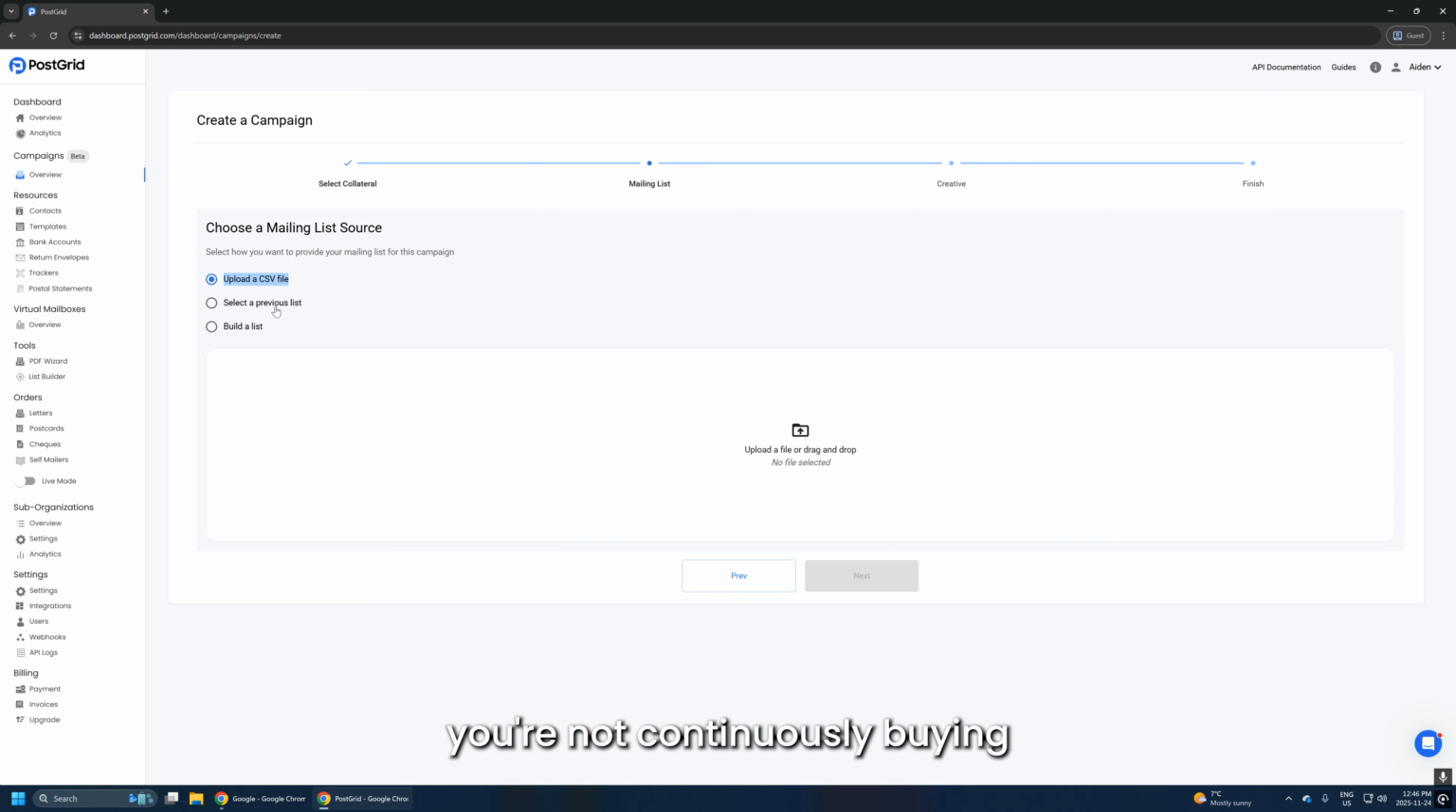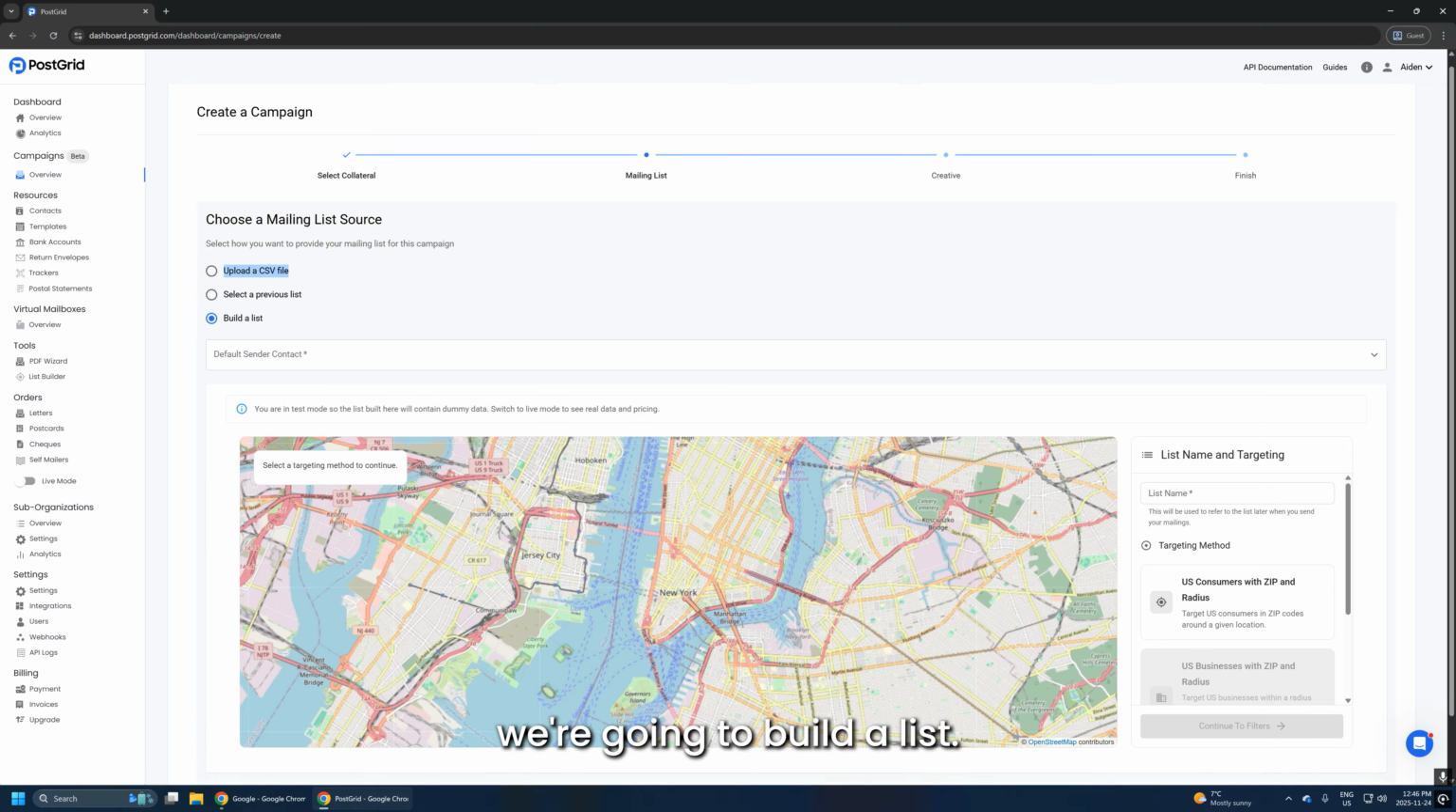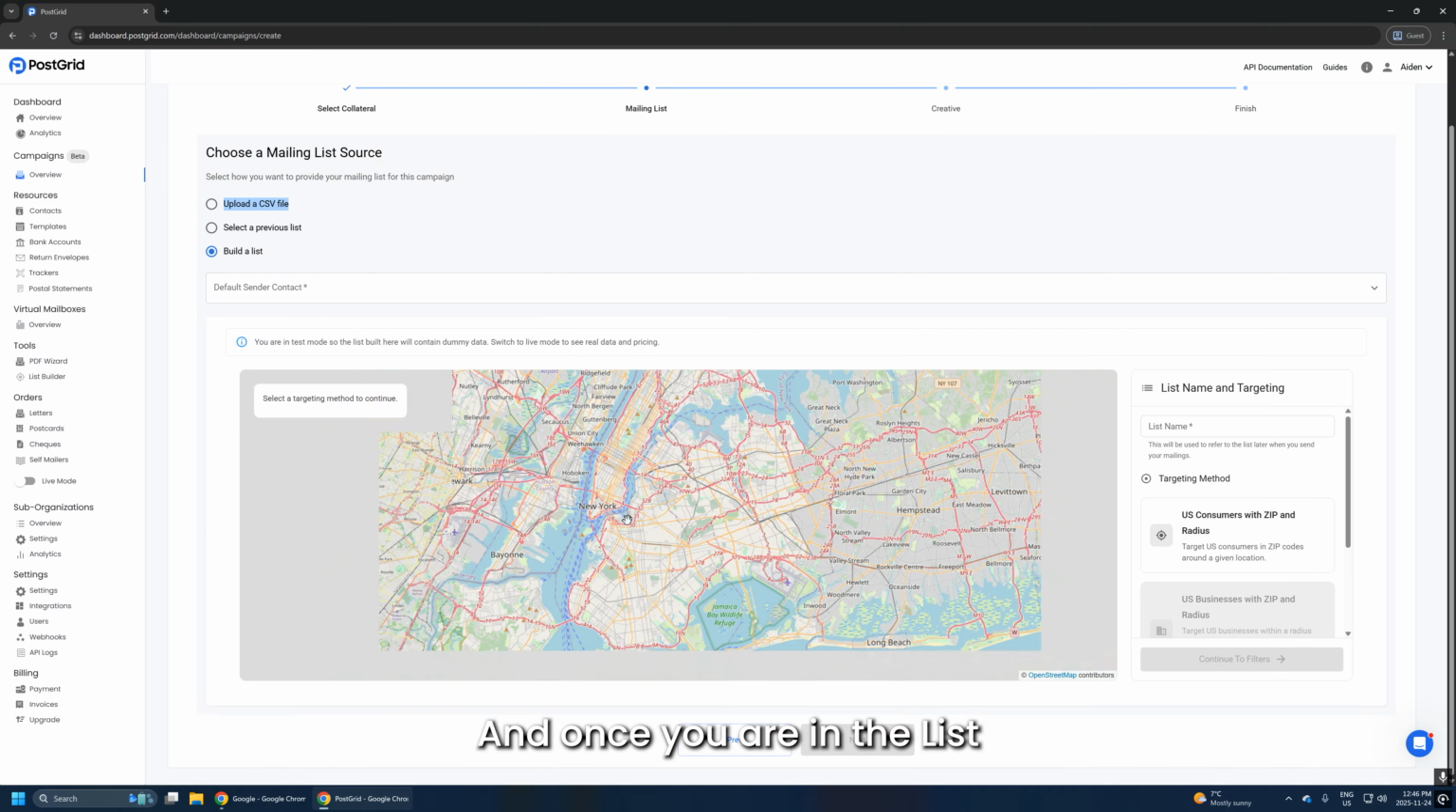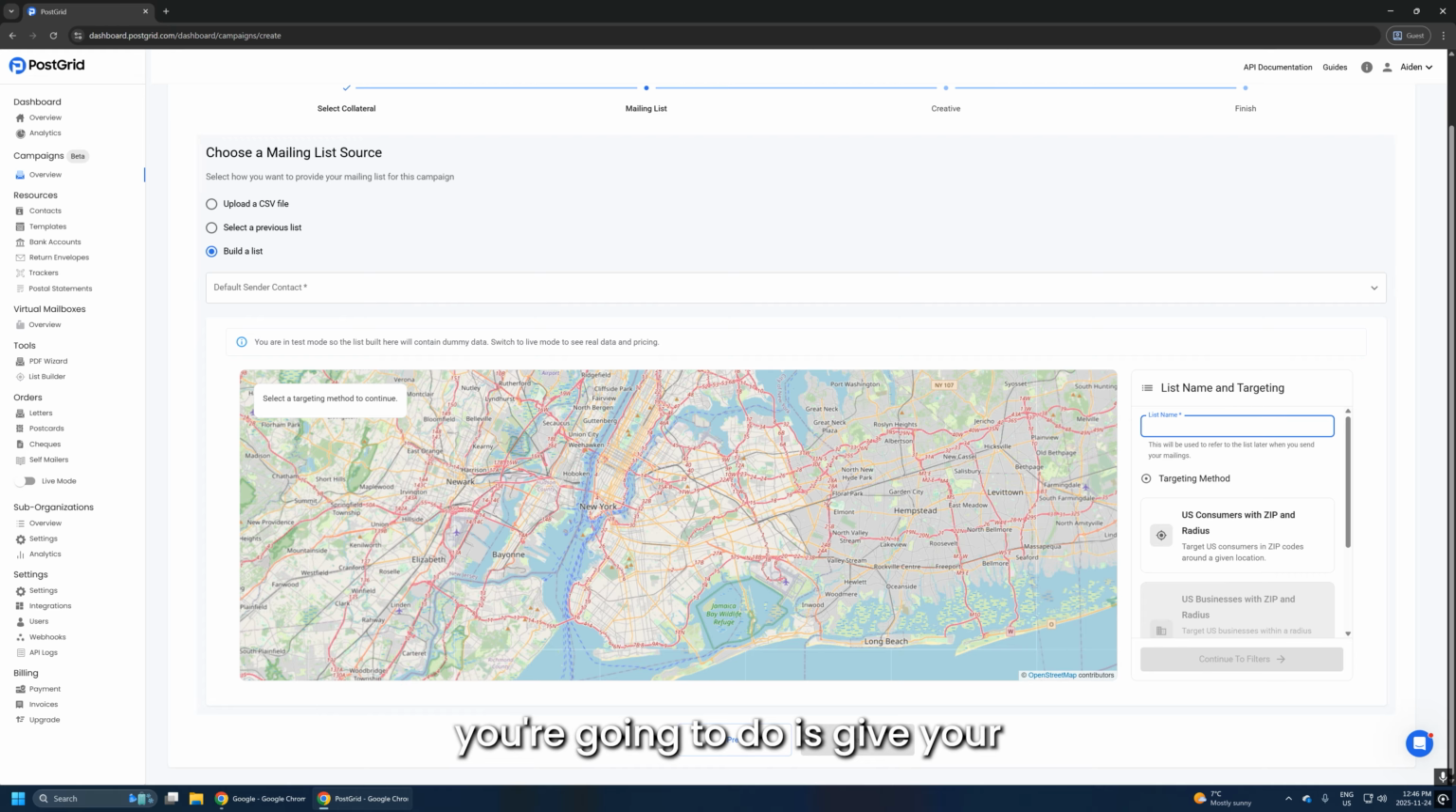That way you're not continuously buying mailing lists over and over again. This is really efficient, especially if you have reoccurring campaigns that you want to send out to the same people. You do have the option to select a previous list that you have already used before. So for this, we're going to build a list, and once you are in the List Builder tool, the first thing you're going to do is give your list a unique name,